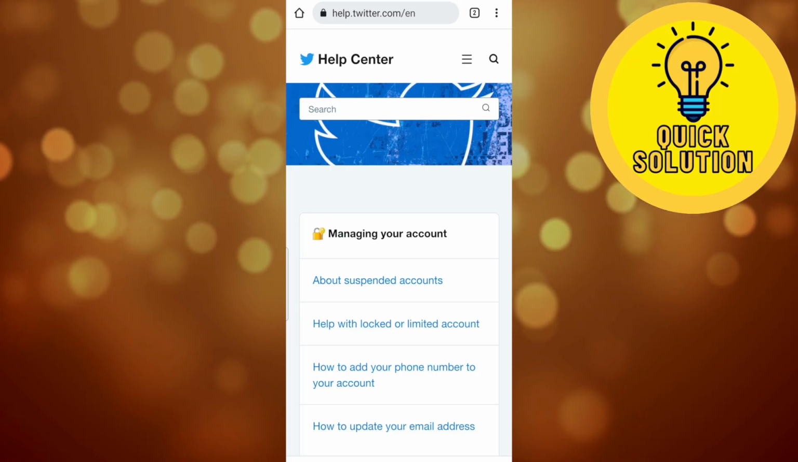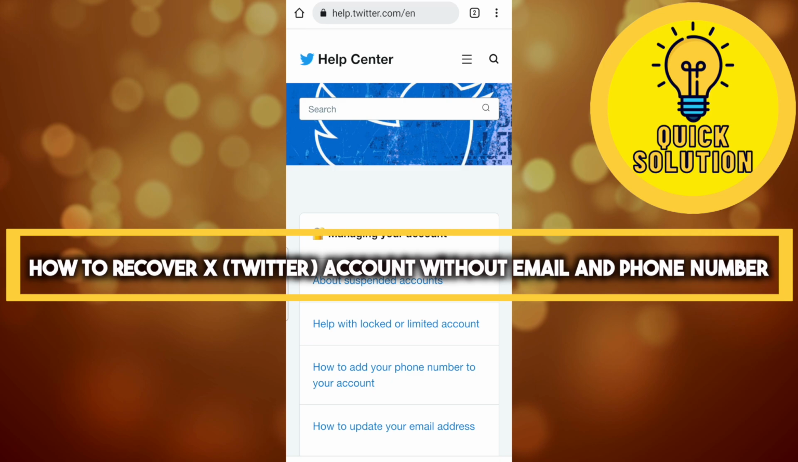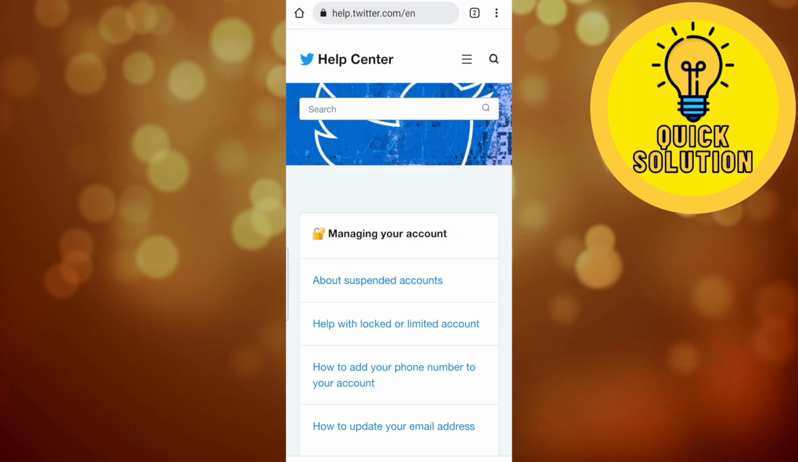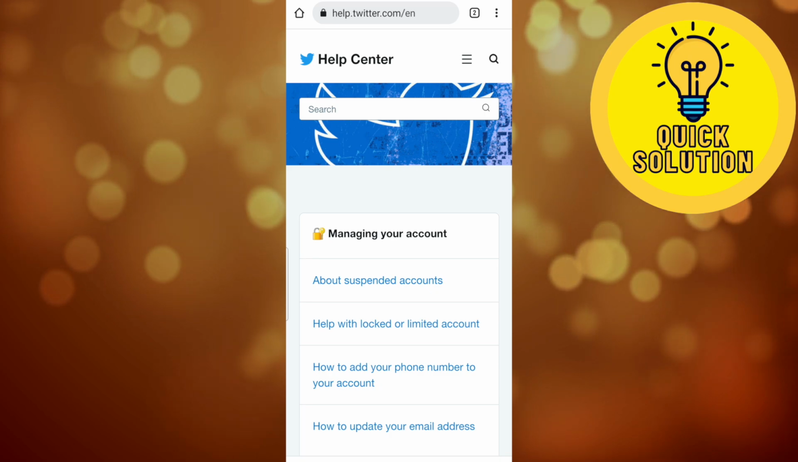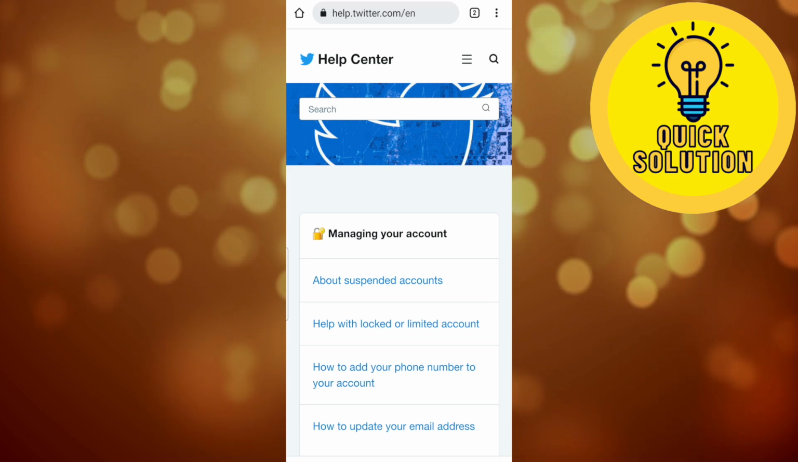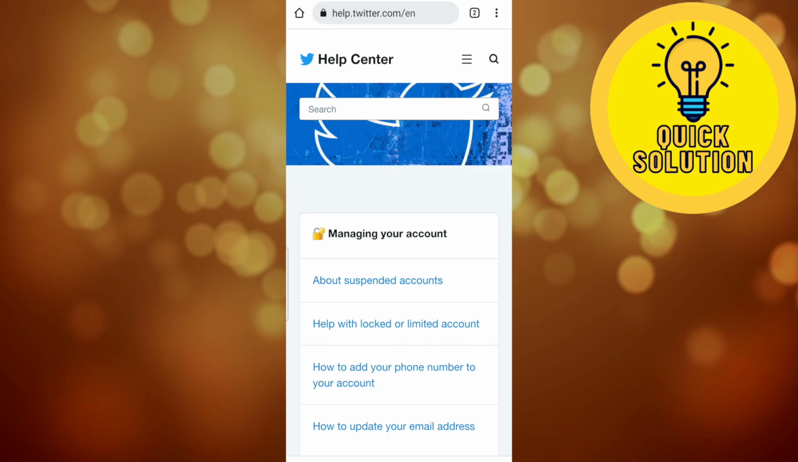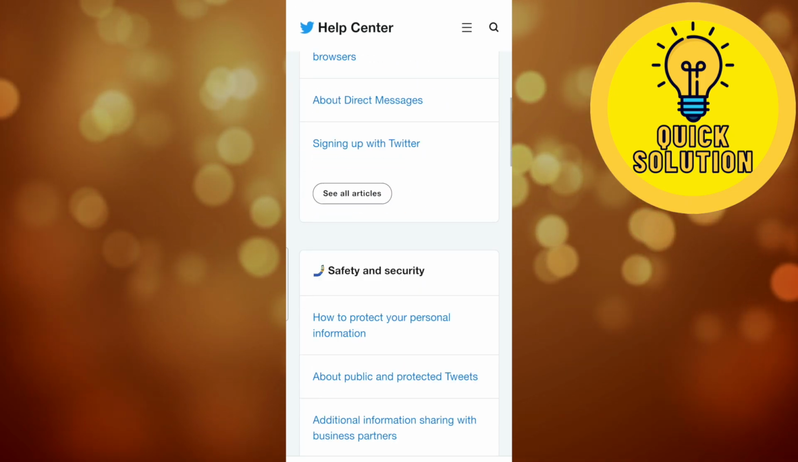Today I am going to show you how you can recover your Twitter account without email address or mobile phone. So in order to do that, you have to open your browser and search for the address help.twitter.com. And this will lead you to this page, and you have to scroll to the very bottom of this page